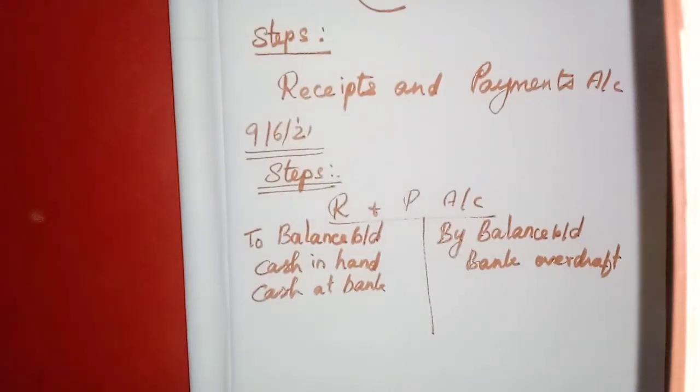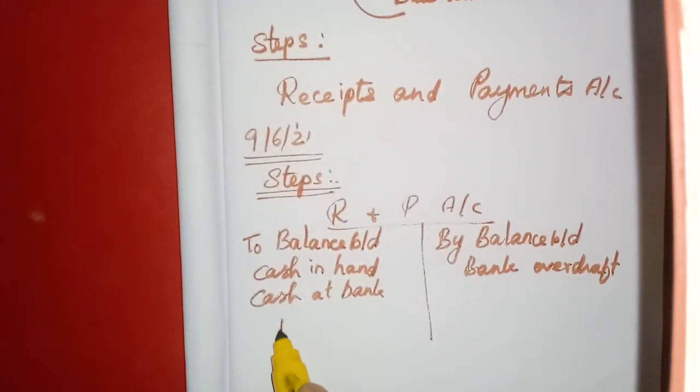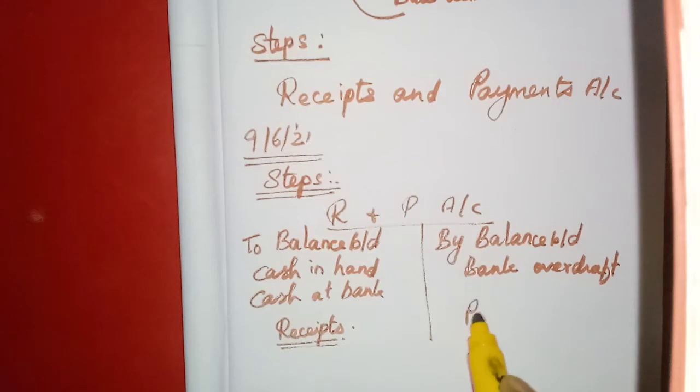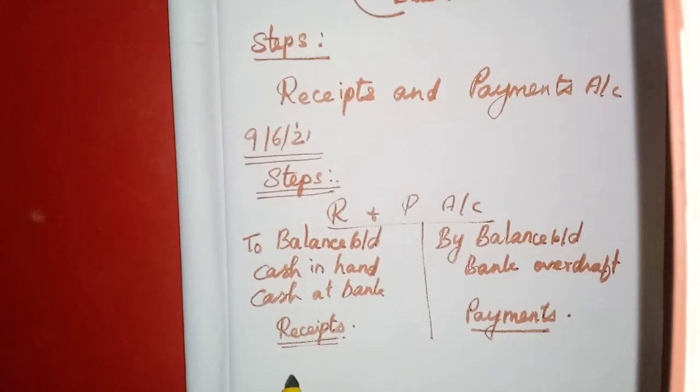Then all the cash receipts, whatever we received. All the receipts of cash, maybe sale of goods, sale of furniture, subscription received, donation received, the legacies, whatever it is. And all the cash payments will be entered on the credit side. Maybe salary paid, honorarium paid, sports materials purchased, office equipment or any fixed assets purchased, all these payments must be on the credit side.